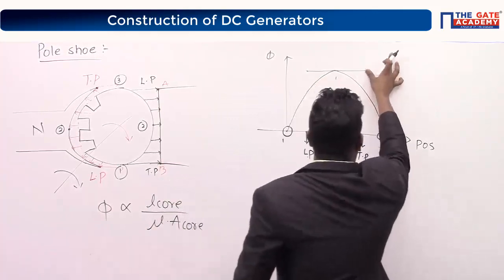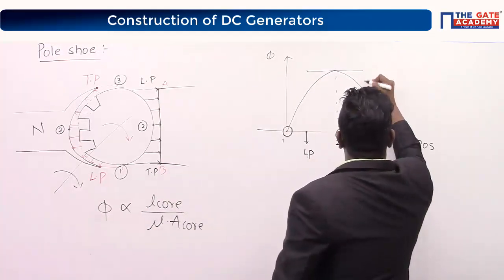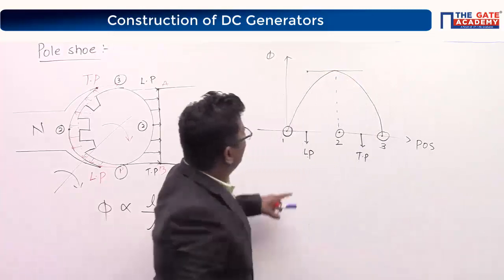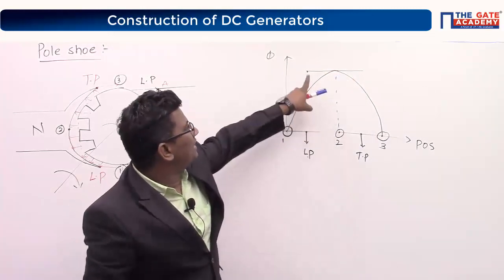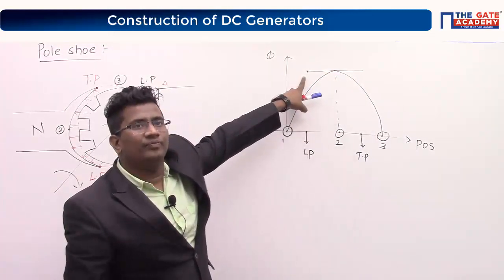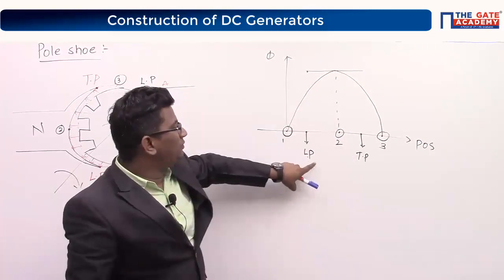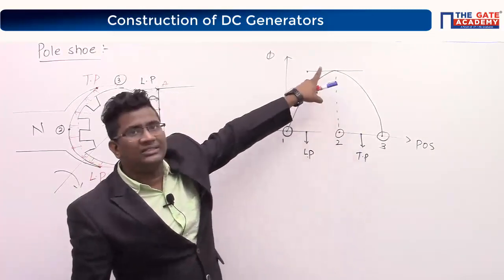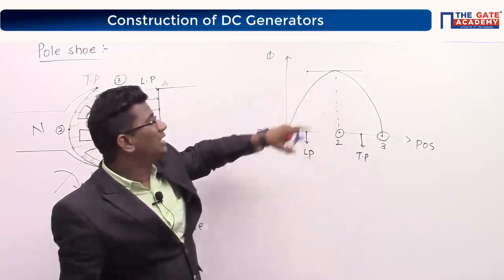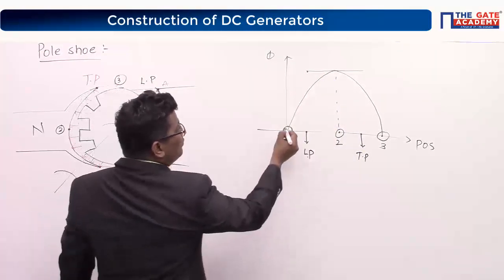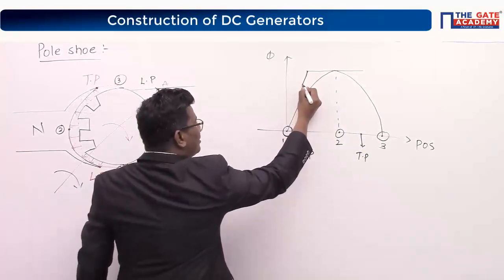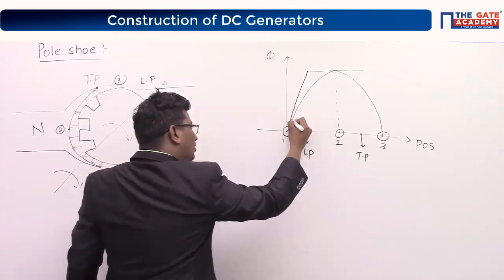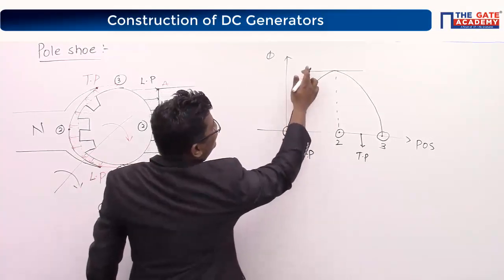Up to here, is it constant or not? Yes, it is constant. But before the leading pole tip, the air gap is slowly decreasing, so flux is slowly